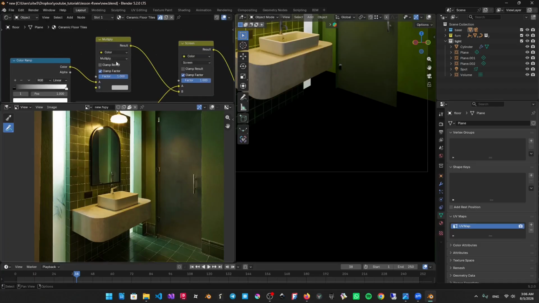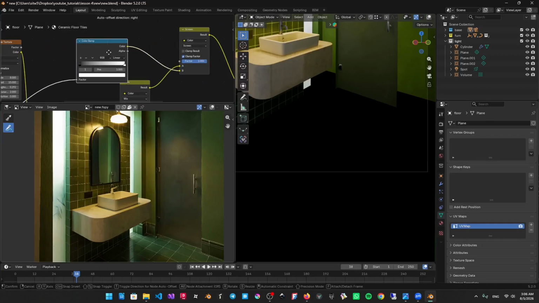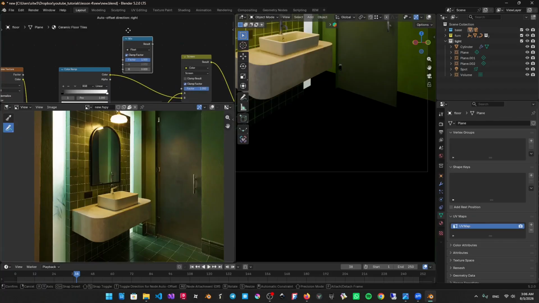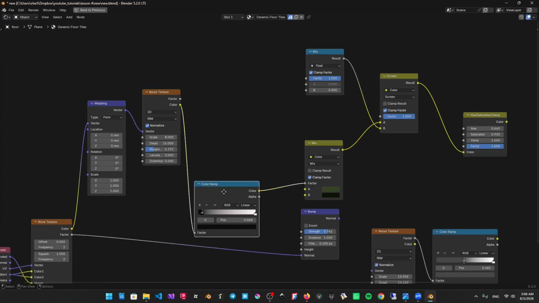I don't know, is it okay? Use mix vector. Use it here because